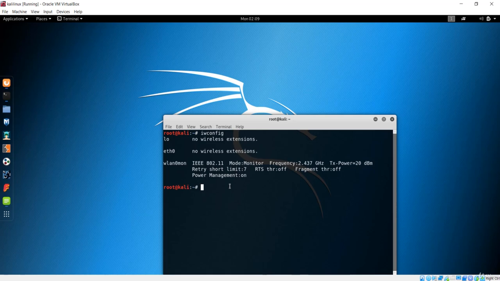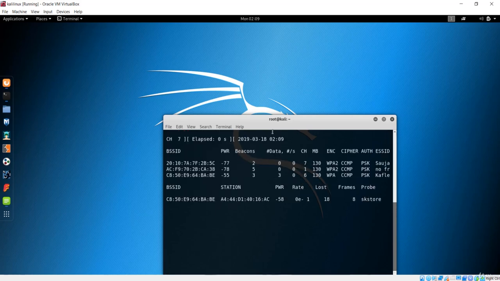And we saw how to do that with two processes in the previous lecture, and I hope you have just gone through that lecture. First of all, let's convert the managed mode to the monitor mode, otherwise this is not going to work. So now let's see what Wi-Fi networks are in range. I'll just say airodump-ng, and I want every Wi-Fi network that is near my device, and in this case wlan0 is the interface, which is in the monitor mode.